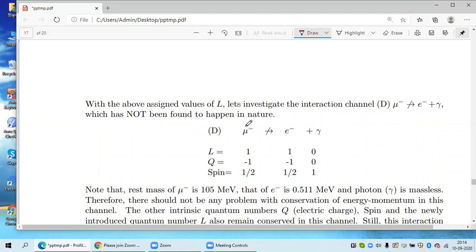Look at this reaction: the muon has a mass larger than the electron. So there is no problem, because it is about 1.5 and these are electron masses, so energetically there is no problem for this decay to occur. Charge is also conserved in this channel, -1 and -1. The gamma is a photon. Spin is also conserved because it is half spin and one spin; half plus one can result in half. Clear? So spin can also be conserved.